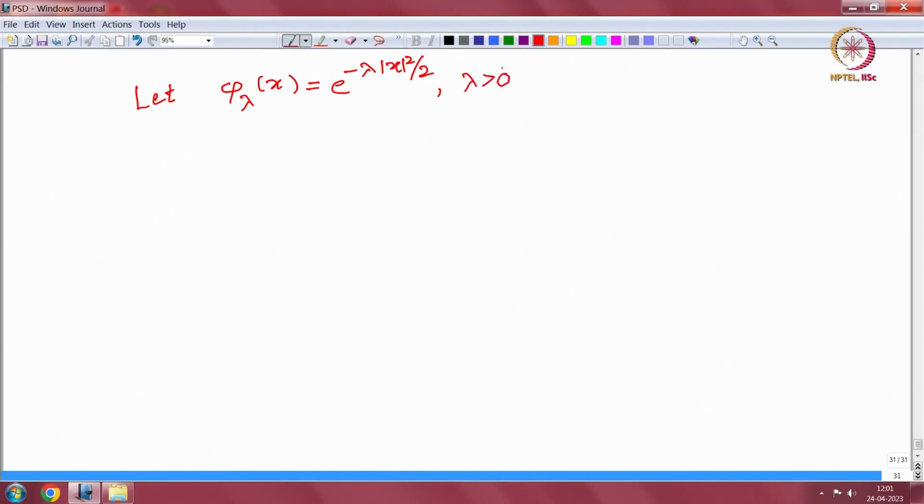Okay. And we also have seen that if I take lambda equal to 1, so that is just e to the minus mod x squared by 2, and we have seen that its Fourier transform is itself. So that we are going to make use of. If you consider some other function that may not be easily computable, but it satisfies the properties we want, then that is sufficient. Okay. And put